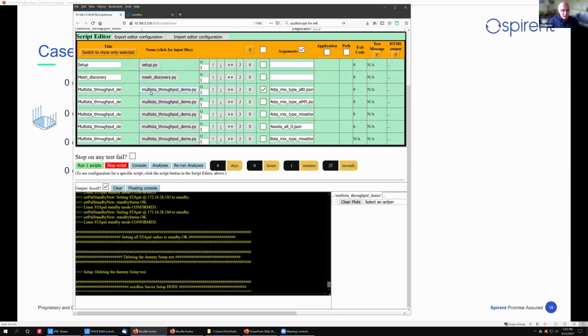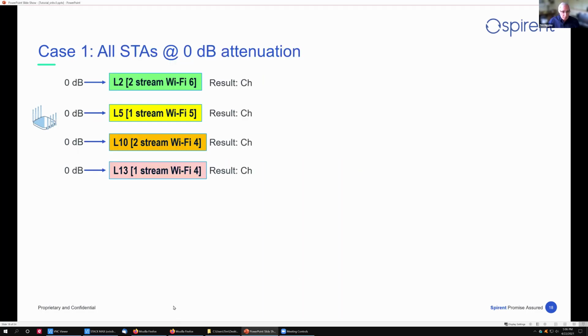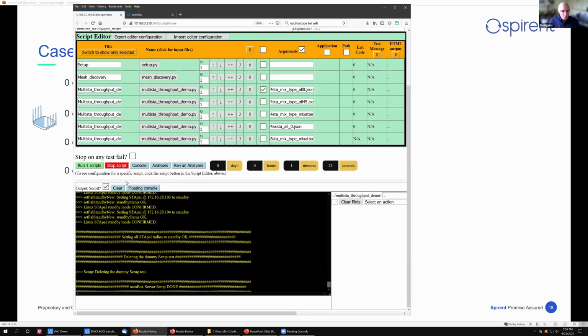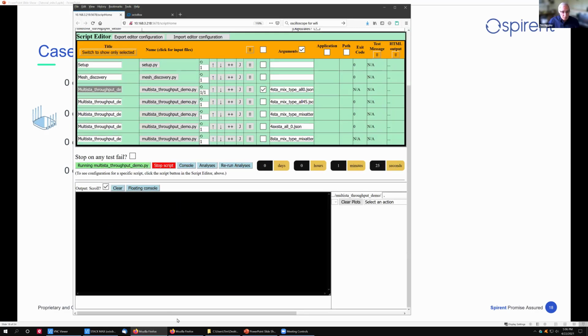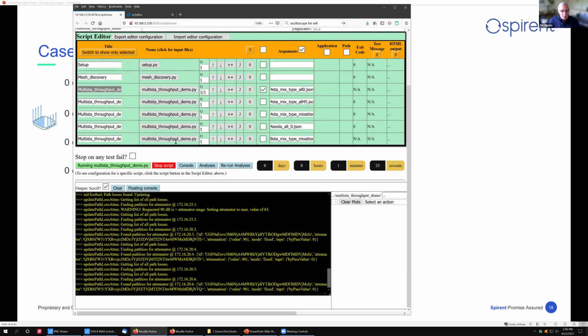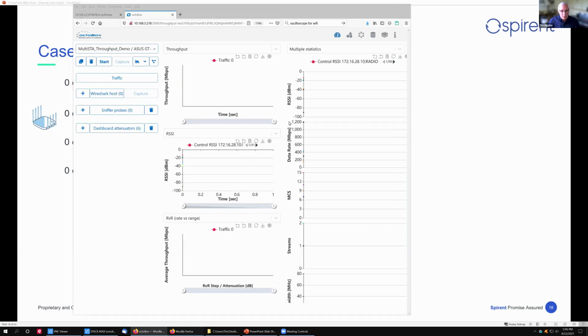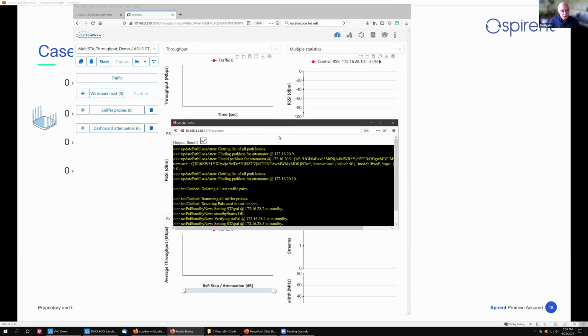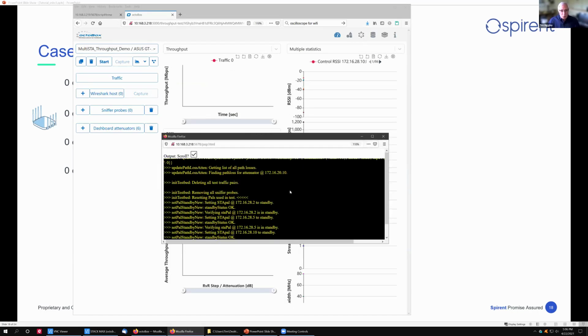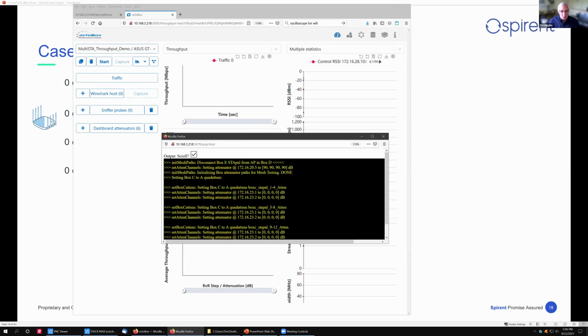So I'm using the same basic script, and by using different config files, I'm configuring the devices to do different things. So the first station, as I said, we're going to do the 4 streams. 4 stations all parked right next to the router. So without further ado, let's run the scripts. What we're able to do here is watch both the throughput view, and the console window just lets you know what the script is doing.